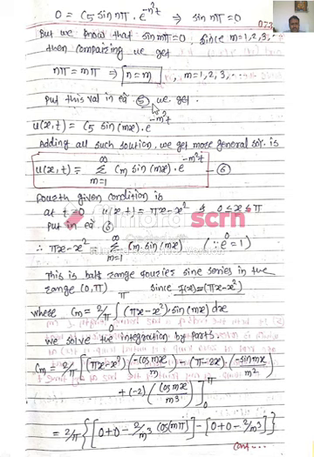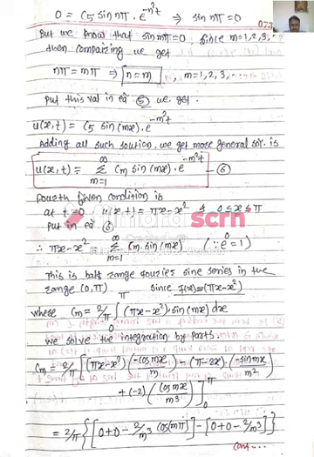Put this value in equation number 5, we get u(x,t) is equal to c5 sin mx into e raised to minus m² t. For all respective values of m, adding all the values, we get u(x,t) is equal to the summation from m equal to 1 to infinity of cm sin mx into e raised to minus m² t. Put this as equation number 6. Then the last condition, the fourth given condition, at t equal to 0, u(x,t) is nothing but pi x minus x square, and x lies between 0 and pi. Put this value in equation number 6.